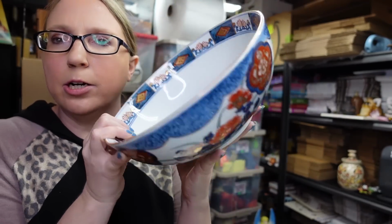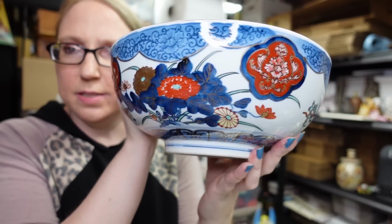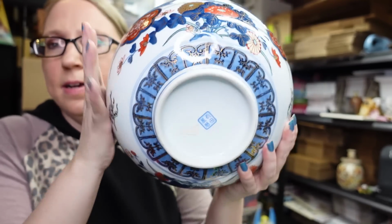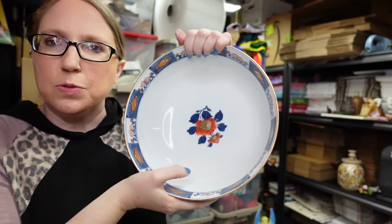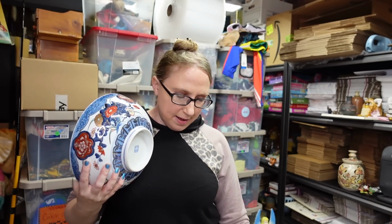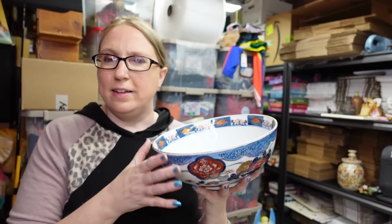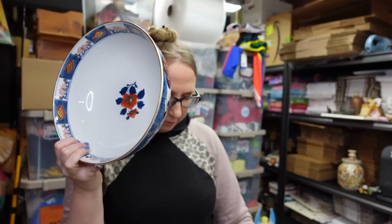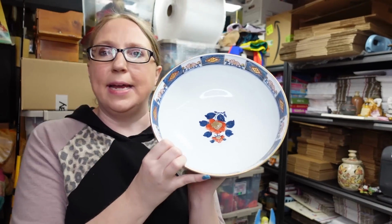$28.99. Got this really pretty Amari style bowl. This is gorgeous, the design on this. And it does have a marking underneath there. So really nice large bowl. This did come from a yard sale, and I'd say I paid $3 for it, I believe. That's what I have written down on my paper. And this here I have listed as a buy it now for